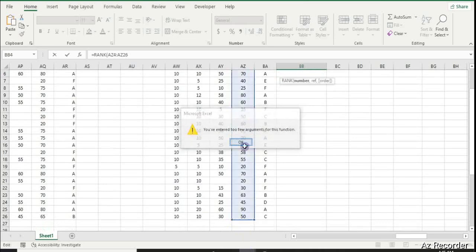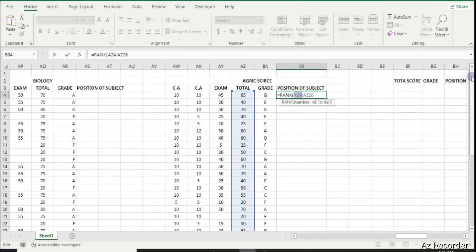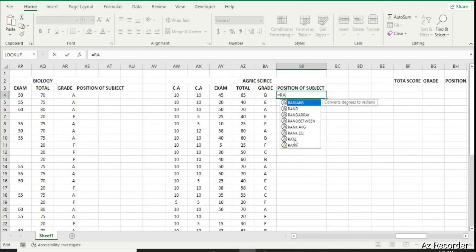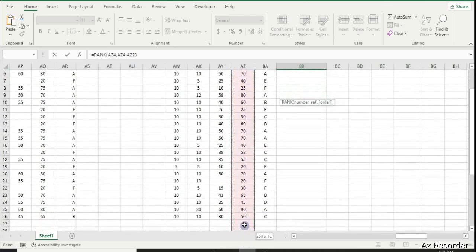So something is wrong, still the same mistake. I didn't put my comma. I didn't put the comma sign there. So let me just click the whole of it. Start all over again. Equals to ranking. Click on rank. Then what I'm ranking. Click on it. Please don't forget your comma. Put your comma. Press down your left click, and then you drag to the extreme end, and then you press